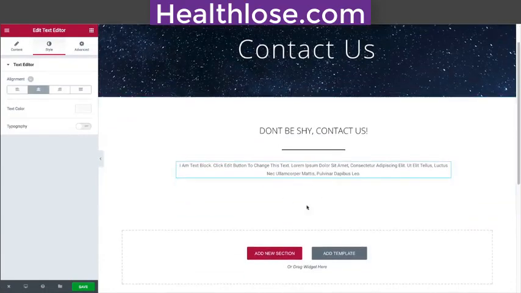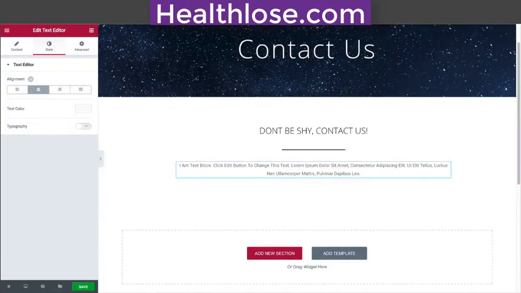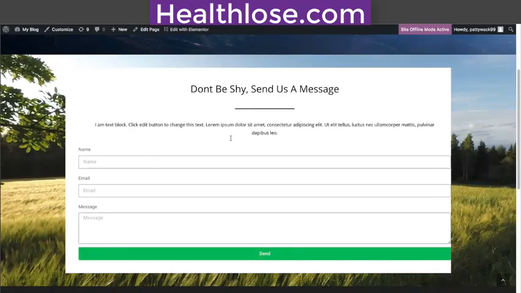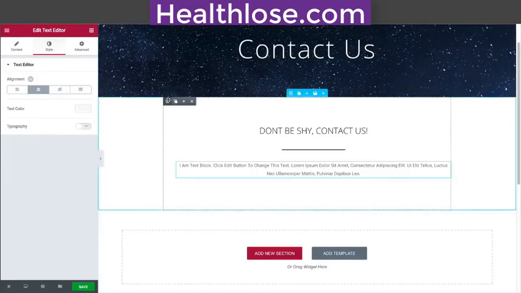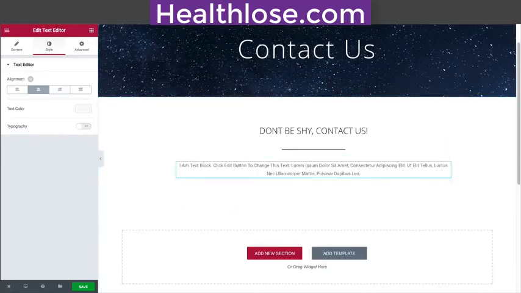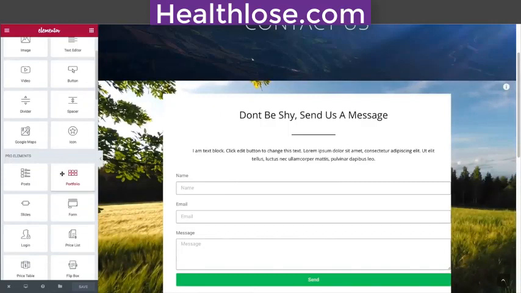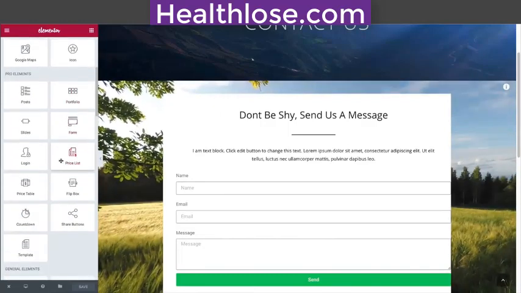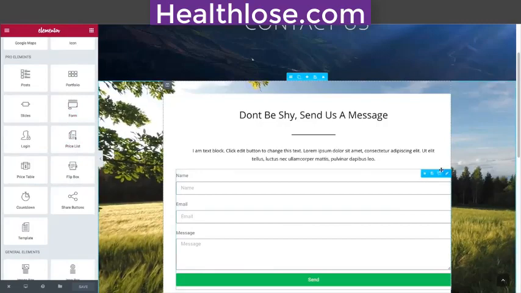So okay, for this section, guys, we can either use the pro contact form, and if you have the pro contact form, it's going to look something like this. I'll give you an example. Now, guys, I'm actually going to show you a free version, so don't worry if you don't understand how to use the pro version. But with the pro feature, you get the contact form. Like right here, you can see on the pro elements, the contact form is going to be right there. So for example, if I just delete this right here,